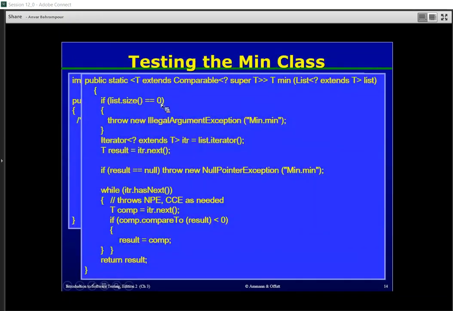As you know, when the min method executes its body, the first statement checks the size of the list, if it is 0 or not. As you know, our list has two elements, one null and one non-null. So this if statement is not run,